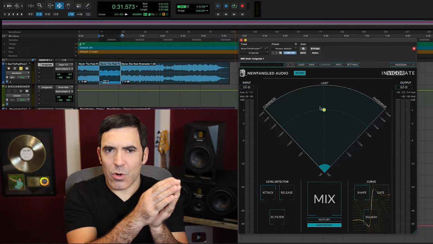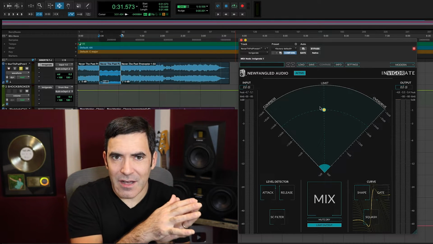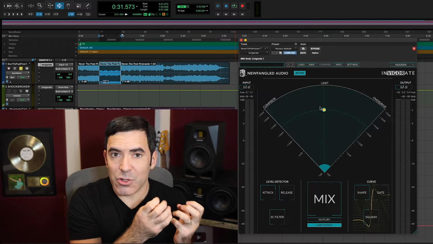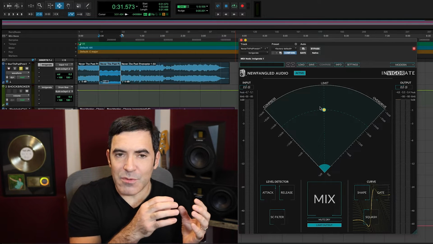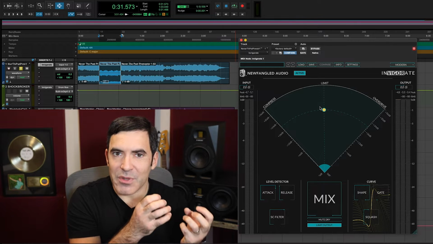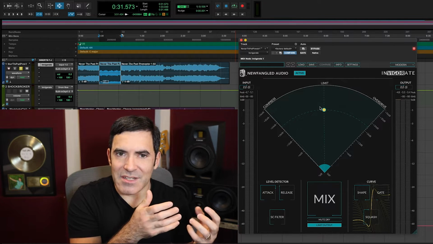When we lean more towards the compress side on this, we're getting what's fairly clean sounding dynamic control, but we might get some more of those side effects of that really pleasant pumping and breathing that really helps a mix kind of gel together. Now, obviously, excessive pumping and breathing can be a problem and can sound annoying, but a